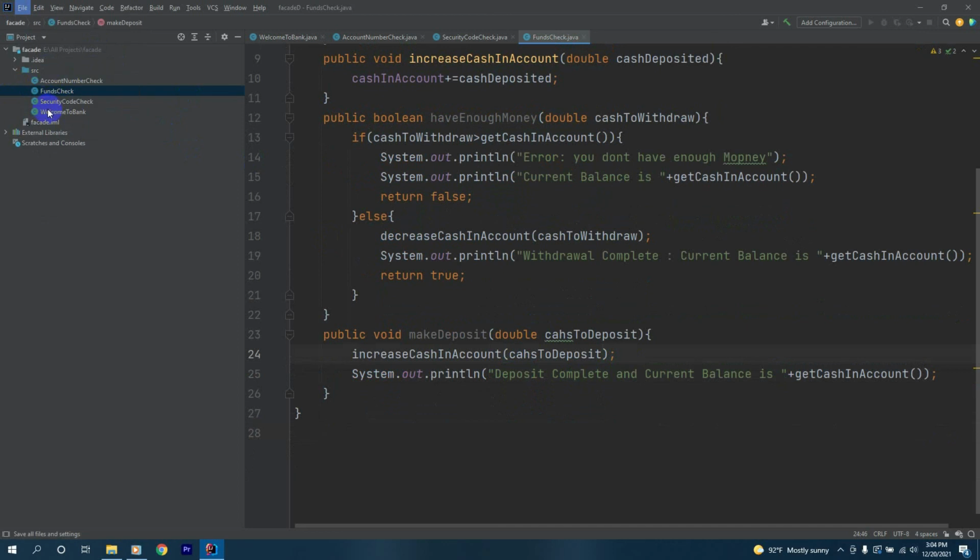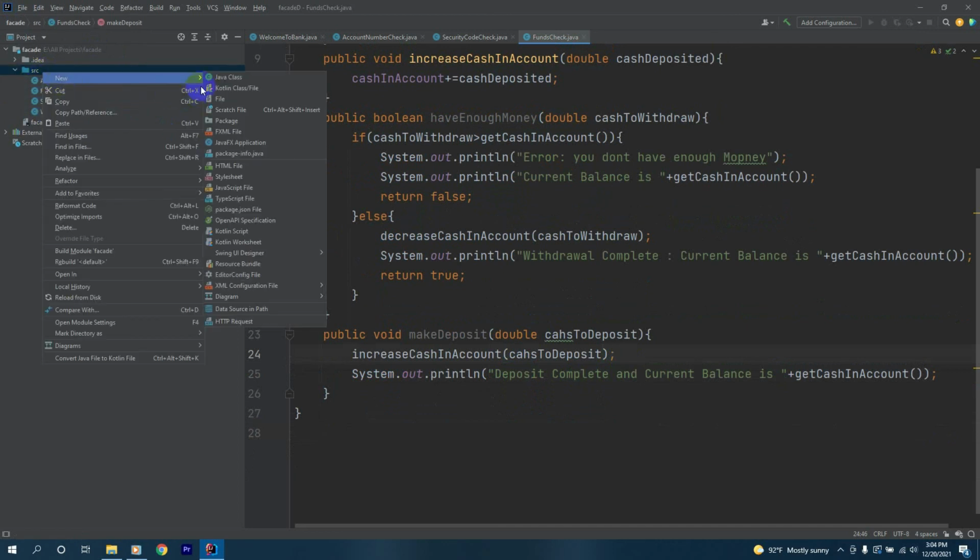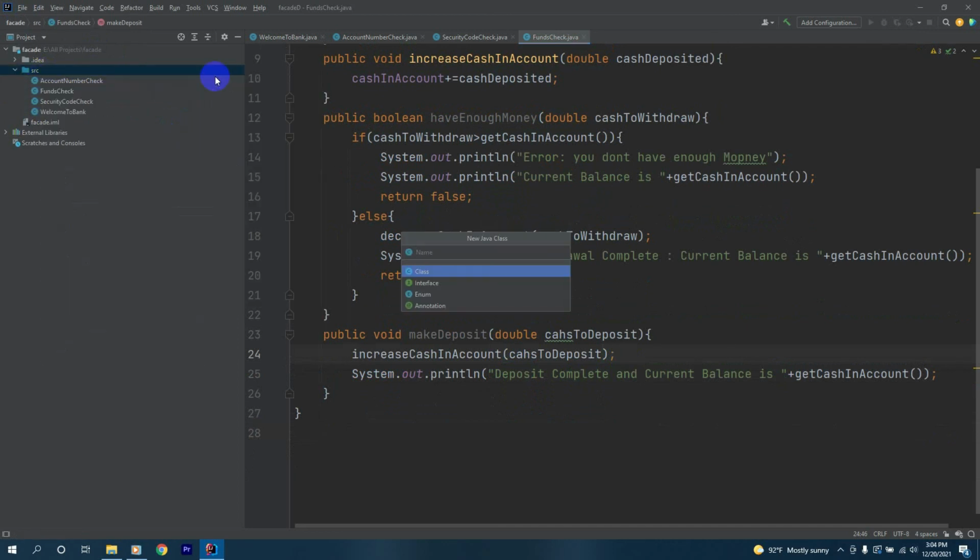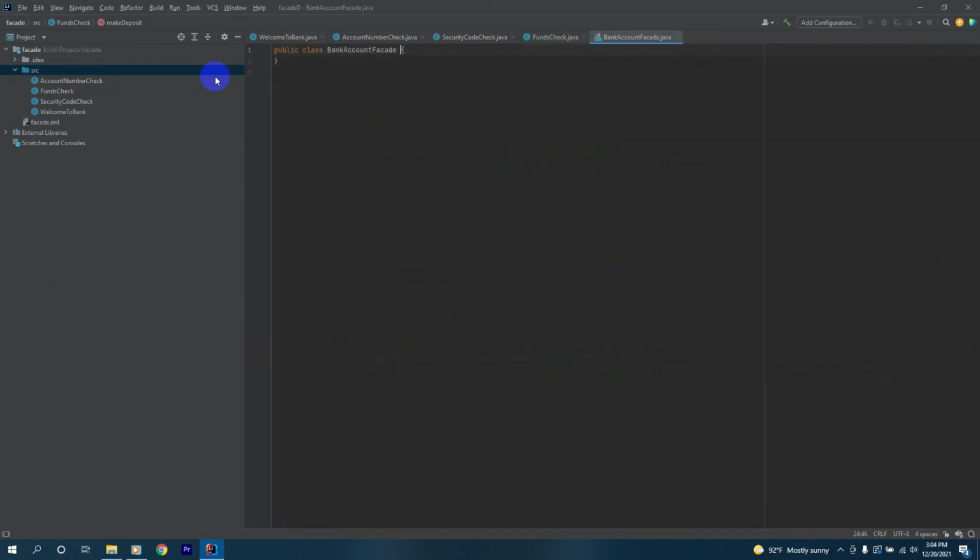We'll save this, and we'll have another class. This time it will be our facade pattern, bank account facade. Inside the bank account facade